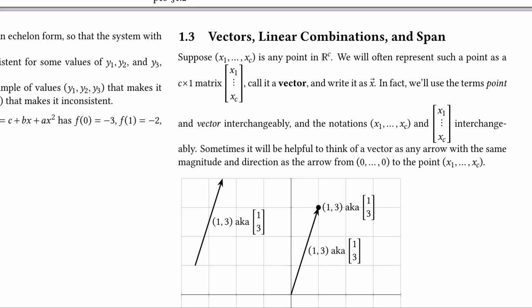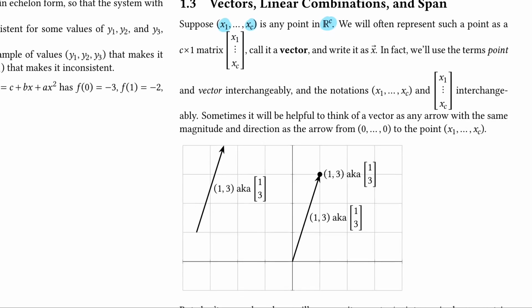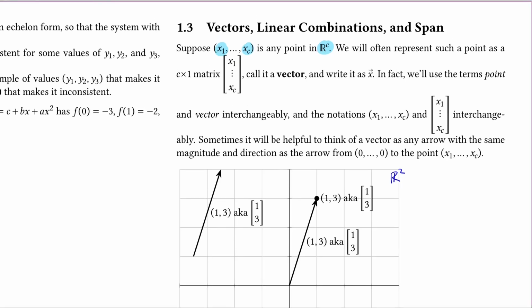So suppose you have any point in R^C. R to the power C means that you have a list of C real numbers. I don't know how many there are in between, so that's the dot, dot, dot. Now, we can think of it as just like a point. Like, for example, here's R2 in this picture. So the point (1, 3) right here is a point in R2, but we're also going to write it as